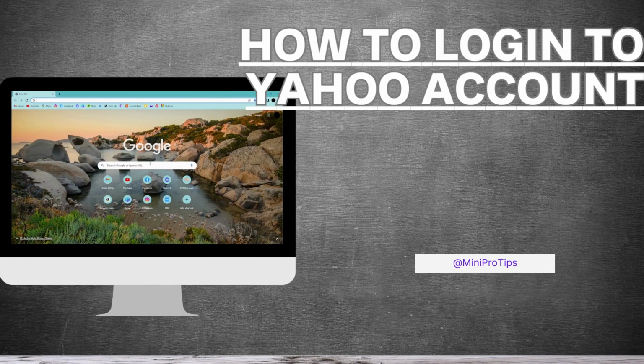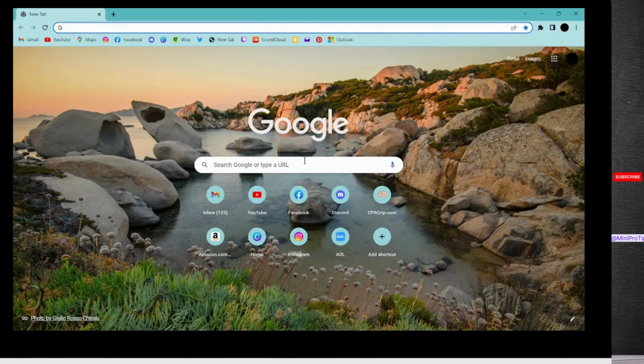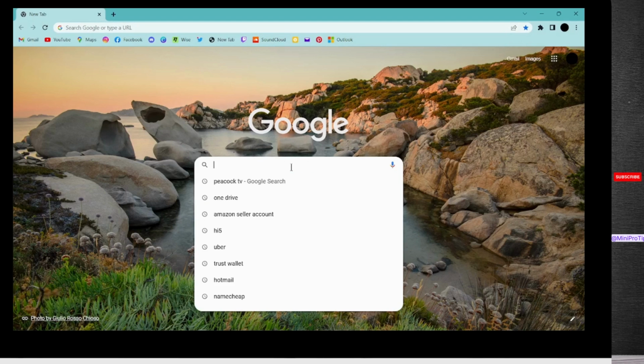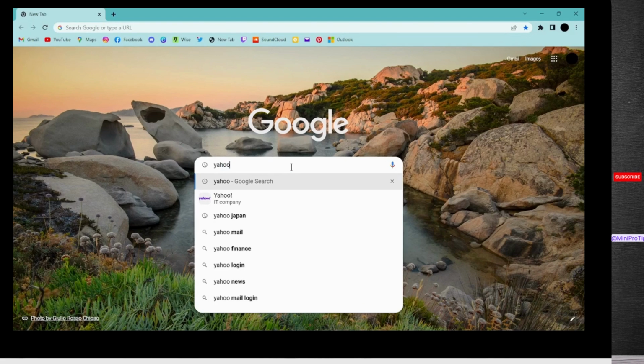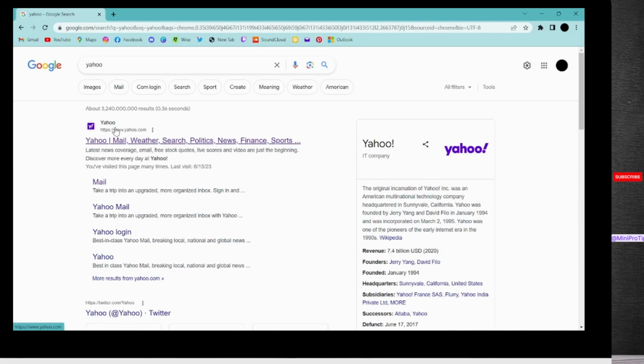How to log in to Yahoo account. So if you want to log into your Yahoo account, then first of all open up a browser, any browser that you're comfortable with. I'm here with Google Chrome browser, and now on the search bar search for Yahoo, and after searching on the first search you will have www.yahoo.com. Click on that,